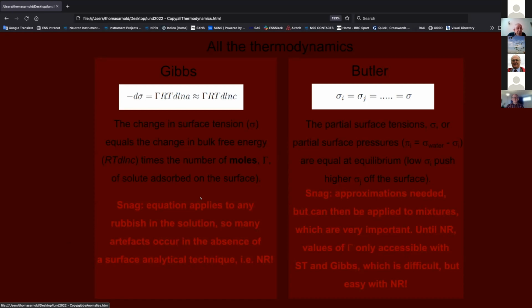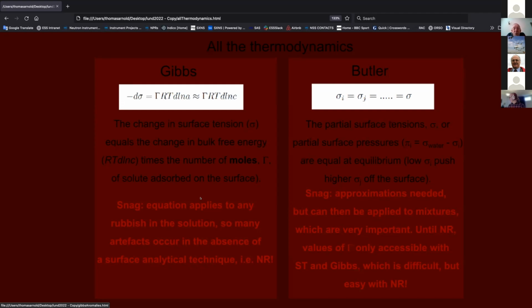At the bottom, if you can see, I've written the snag about the Gibbs equation: it's like all great thermodynamic equations. Sigma is easy to measure. Gamma is the thing you'd really like to find out about. So all you have to do is measure sigma as a function of concentration or activity, and you get gamma. The problem is that the Gibbs equation applies to everything in your mixture, which includes rubbish at parts per million. This is because the Butler equation, which is on the right, which isn't so much talked about,